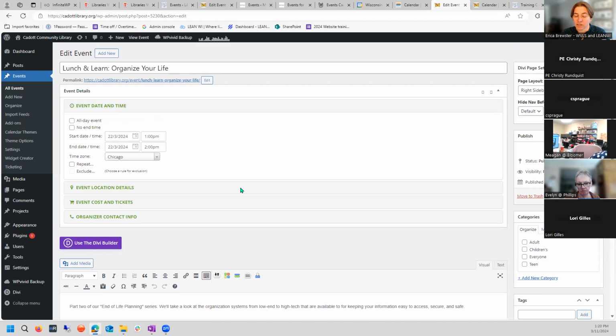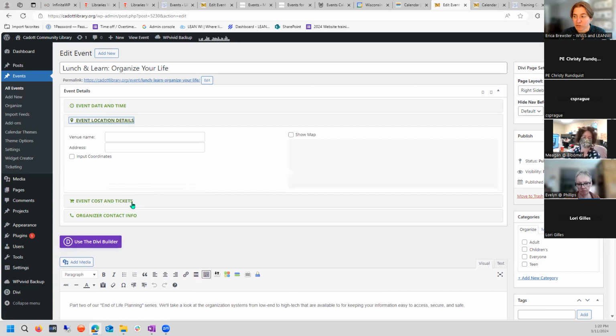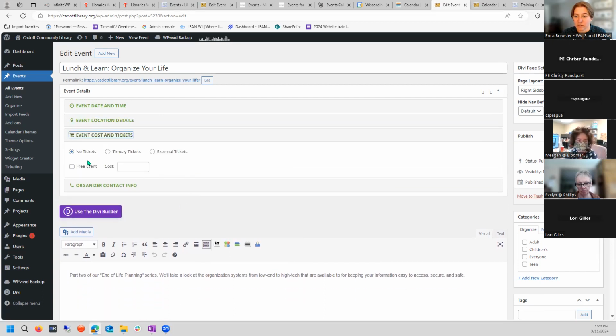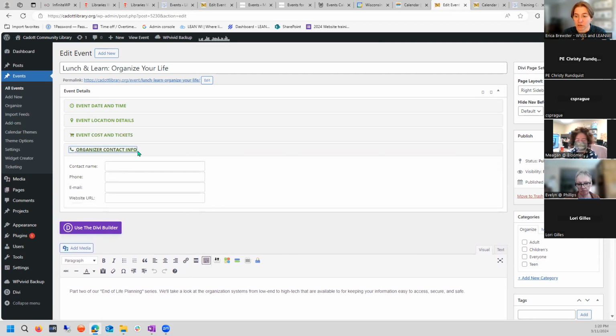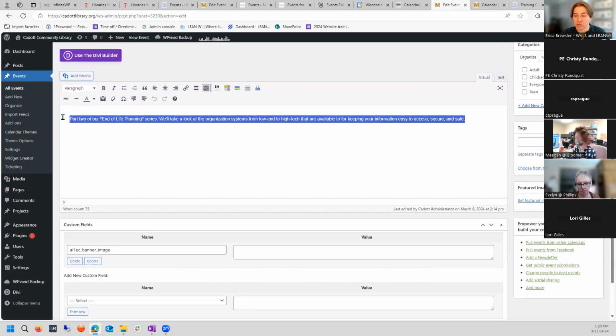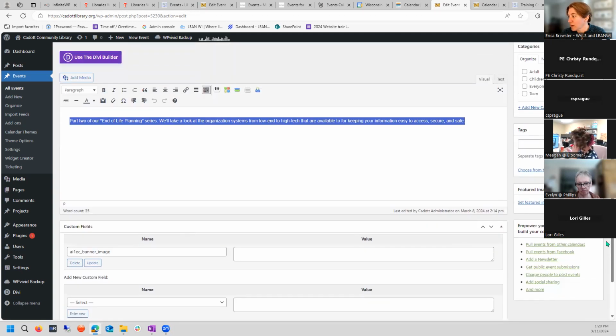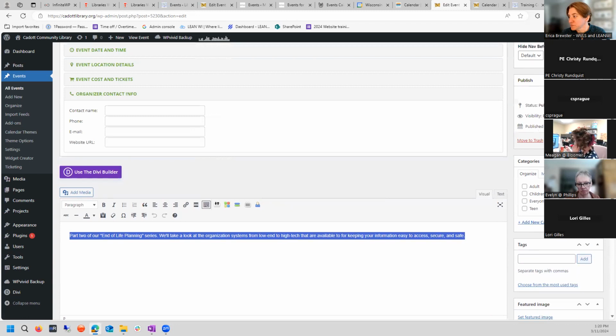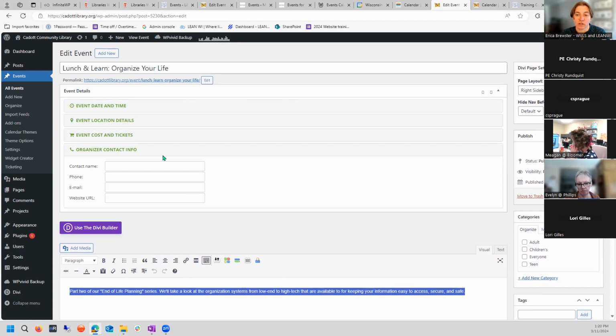This has it a little bit different, where your event date and time is right up top. Your event location details pop up in a toggle box, event cost and tickets if you have ticketing, and contact if you have an organizer. Then just like a post, you can put your information in here. You can also use the Divi Builder as you could with posts, and we're not doing that yet. Then you have a featured image option, and you have your categories options and your status. So if you're very comfortable with making posts on your website, then the events calendar,